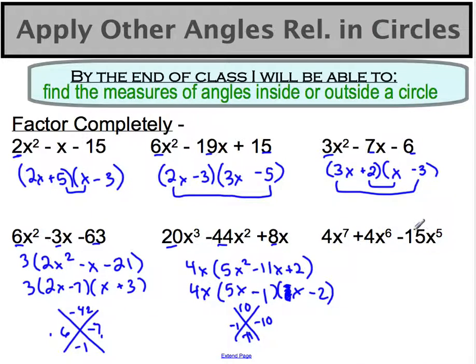Lastly, I look at these numbers. I have 4, 4, and 15. They're not divisible by anything. But if I look at all these, they all have an x to the 5th power at least in there. So it would give me 4x squared plus 4x minus 15. Then using the x method, I would say 4 times 15 is negative 60 here with a difference of 4. So when I think about that, let's see, 12